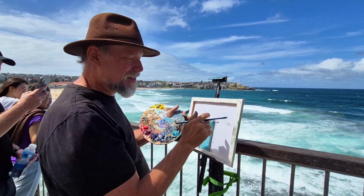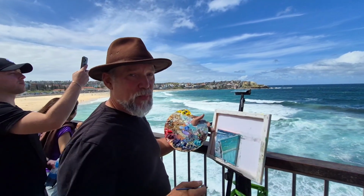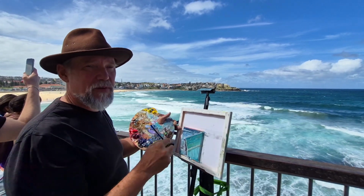It's a little painting, 10 by 10 centimetre. No excuse not to get out and paint if it doesn't take too long. Enjoy the weather a little